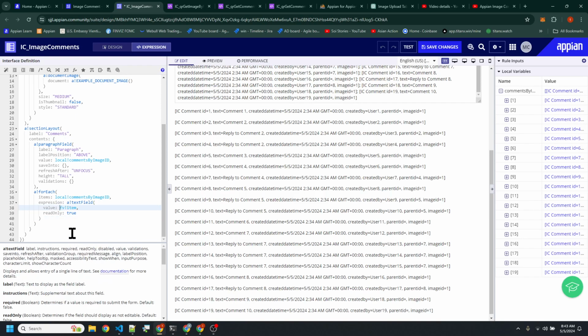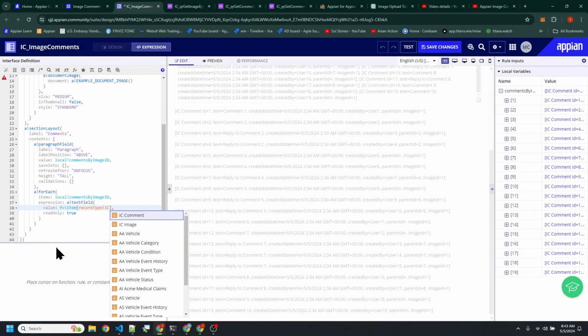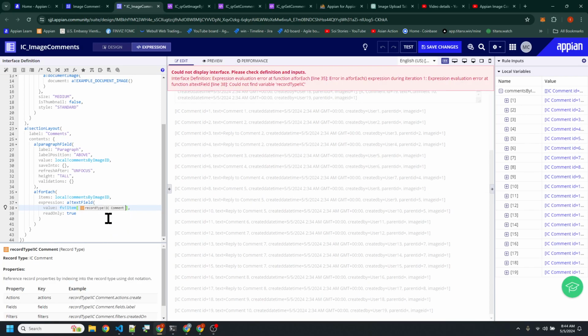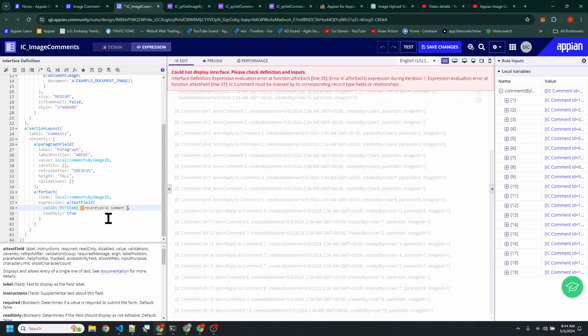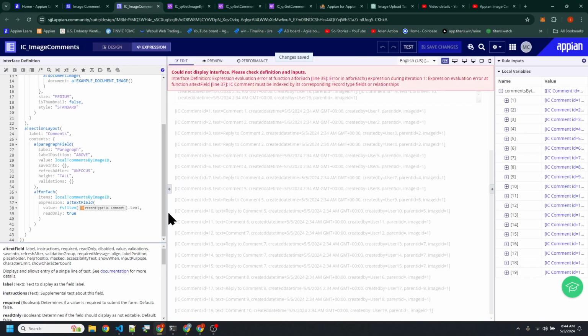We have a record here, but we want to explicitly say that it is of type comment here, and then we could drill down to maybe the text here. Actually, you know what? Oops. Maybe this is not gonna work. Ideally, we'll probably have to convert this over into a map instead of a comment, right?